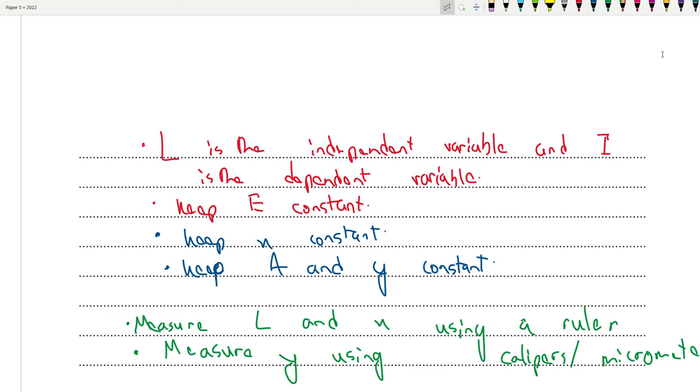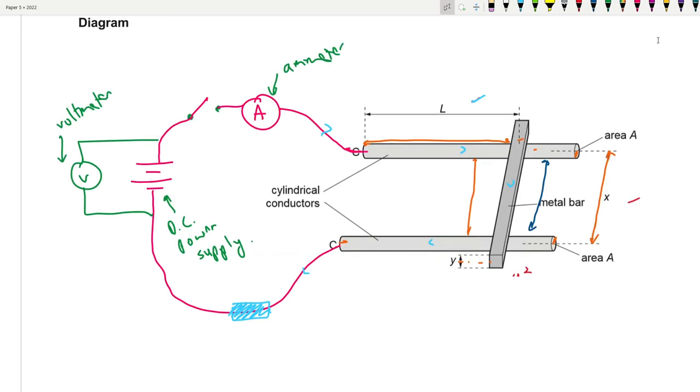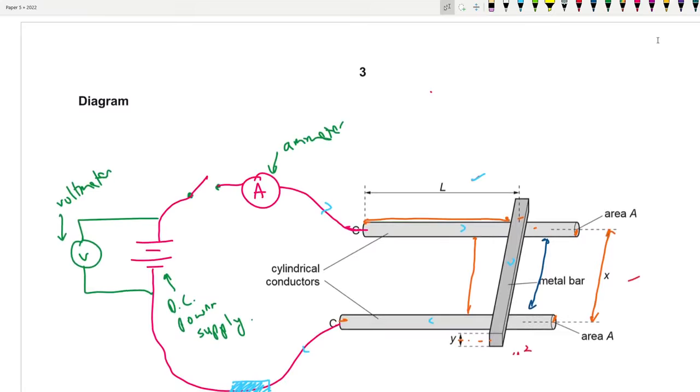We can score 3 more. So now I've just told you how to measure L and X and Y. We haven't told them anything about area. Area is something you cannot measure, candidates. To find out area, you have to calculate it. How? Using a micrometer, we're gonna find out the